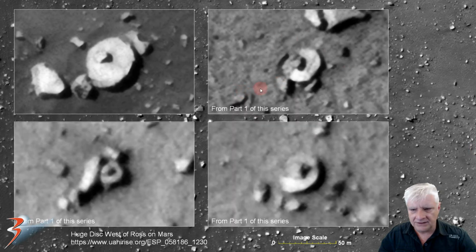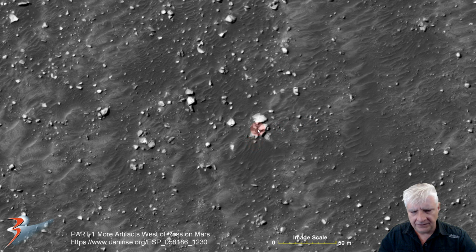Some other disks that are very similar, check out this one over here. These are from part 1 of this series. Okay, here's another quarter disk shape over there. This is from part 1, more artifacts west of Ross on Mars, and that piece over there is about 12